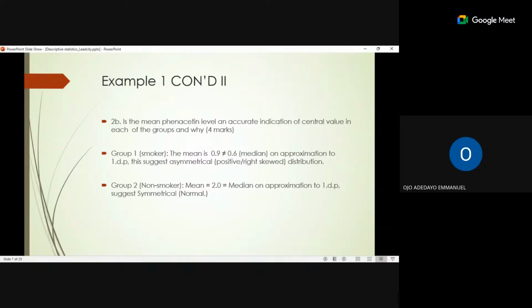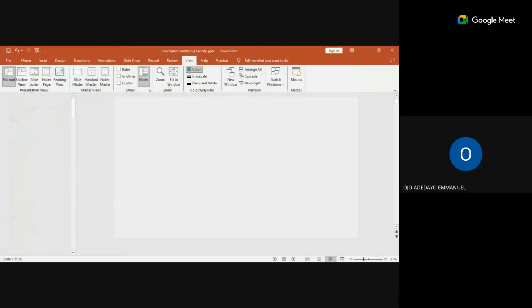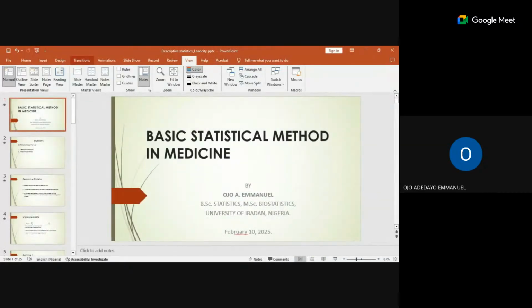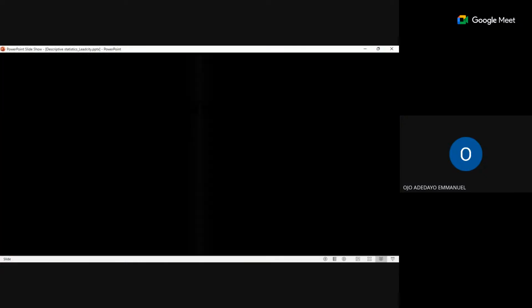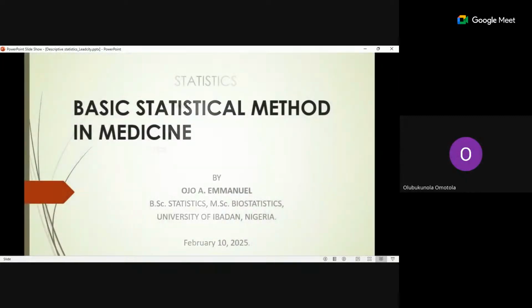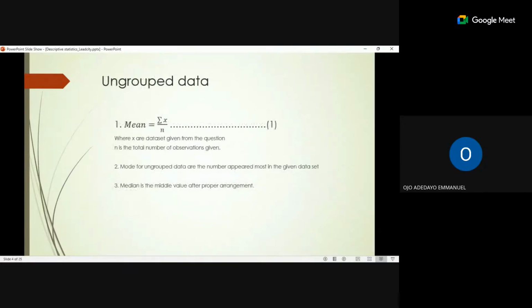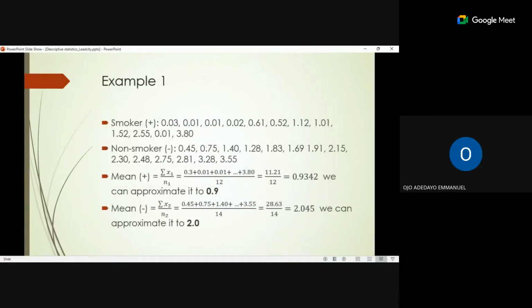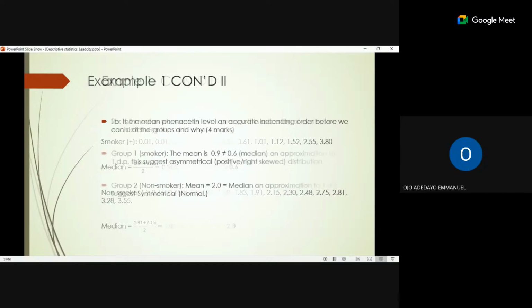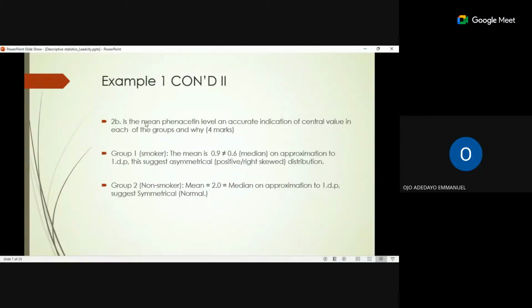Now, they can ask you this. This is one of the questions that we have from a past student who wrote this particular exam of yours. It's also about statistics. Please, let's mute our mics. Okay, so now, is the mean an accurate indicator of this and this? Let me quickly state this. The reason why I'm bringing this up is that